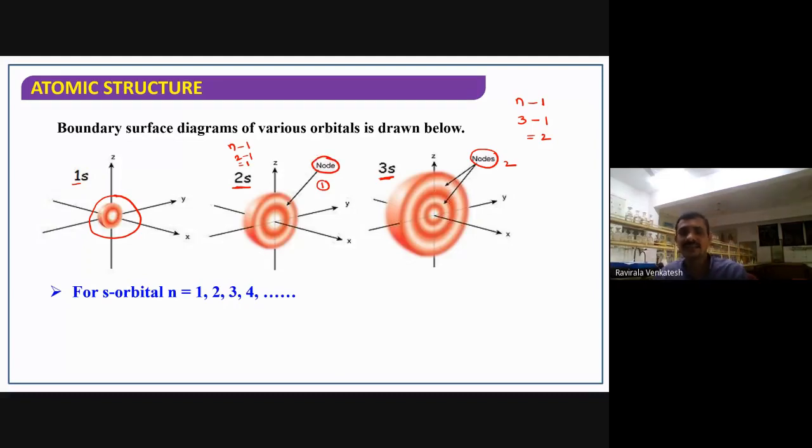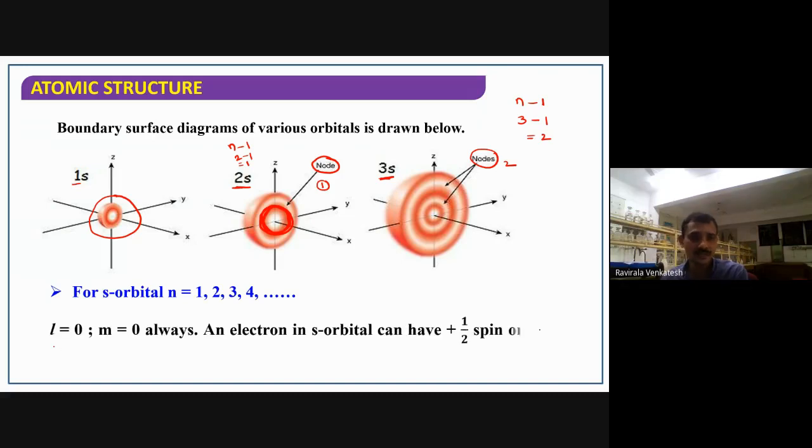The empty space where the probability of finding the electron is 0 is called a node. Now, the red mark you are observing is nothing but the orbital, where the probability of finding the electron is 95%. This region, this boundary surface, we call the orbital. The shape of this orbital is spherical. This is called the s orbital, non-directional. So s can have 1s, 2s, 3s, 4s like that.